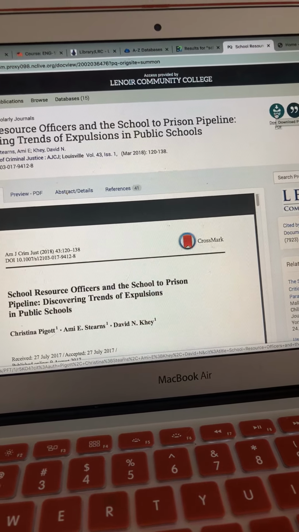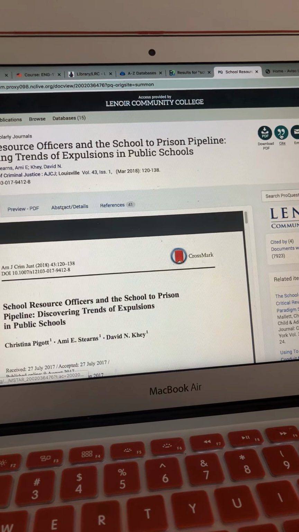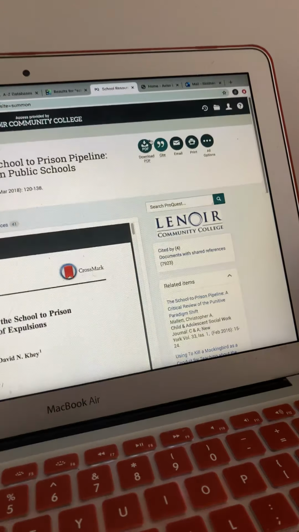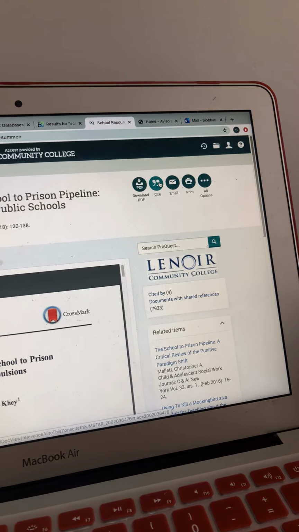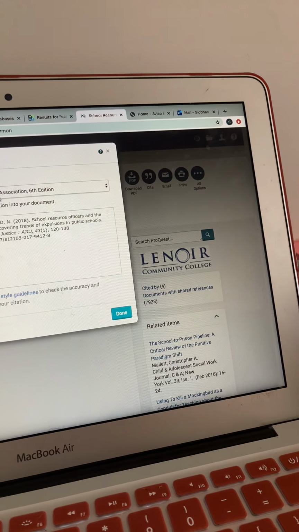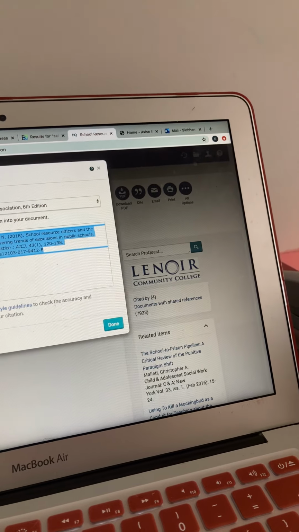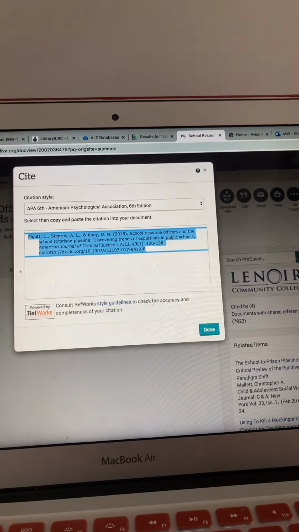That's very important. Then for the purposes of your journal and for your annotated bibliography, you have this fancy little tool, all right? I think I might have right here next to download PDF, and it says cite. I'm going to click it. And APA 6th edition is here. So I'm going to highlight this. I'm going to copy it. I will paste it for this week just into Moodle.